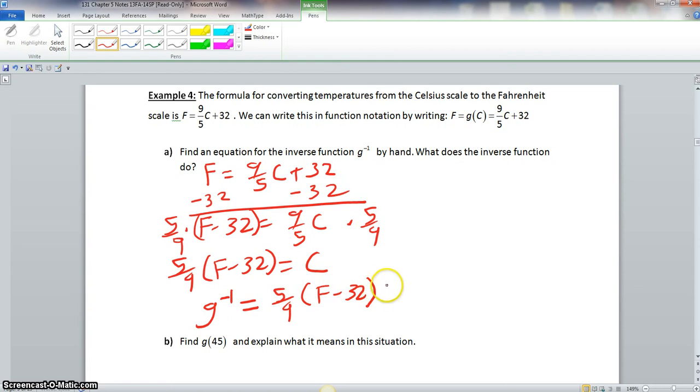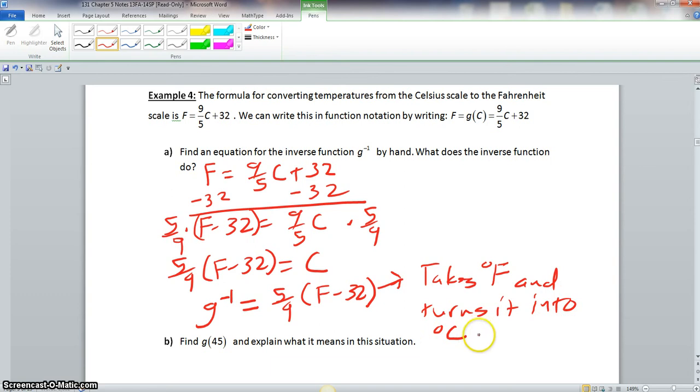Now, in answer to this question, what this does is it takes the degrees Fahrenheit and turns it into degrees Celsius temperature. That is basically what the inverse function does. Okay, now